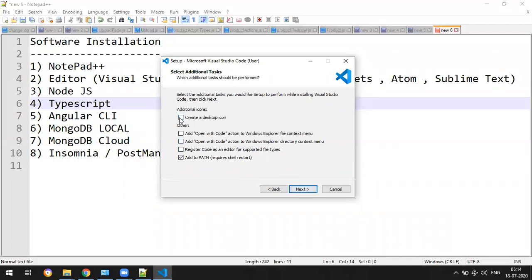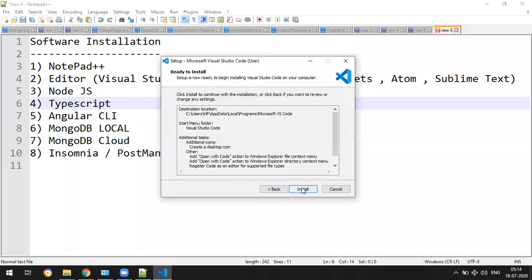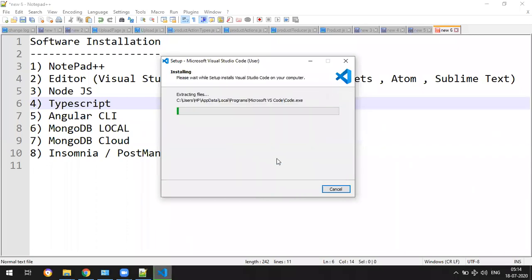Yeah, I need to have a desktop icon. Just check this, and add open with code action, register support files. Okay, you can check all of these and click on next, and then click on install.